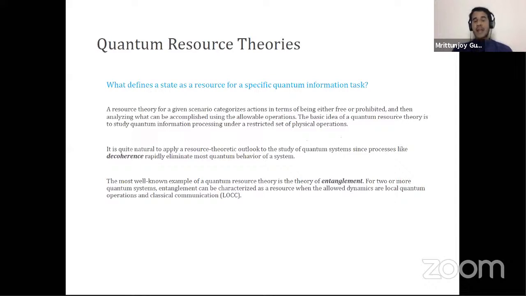And the most well-known quantum resource theory, so to say, is that of entanglement. There are other kinds of correlations. There are ideas such as discord, which can also be looked at. So for 2 or more quantum systems, entanglement can be characterized as a resource when the allowed dynamics are local quantum operations and classical communication, which is LOCC. What I mean by that is